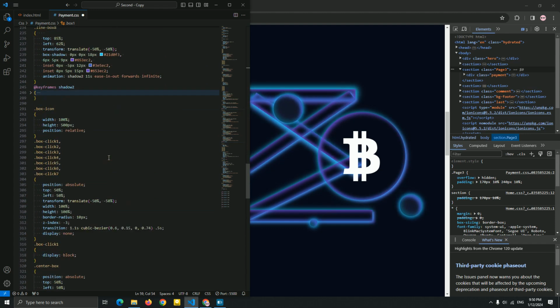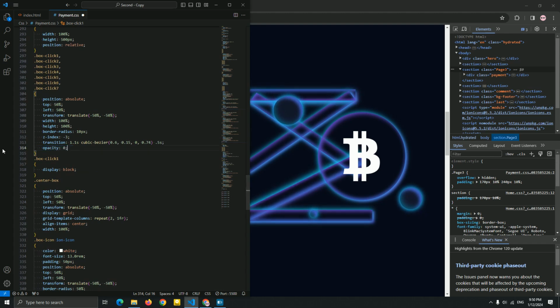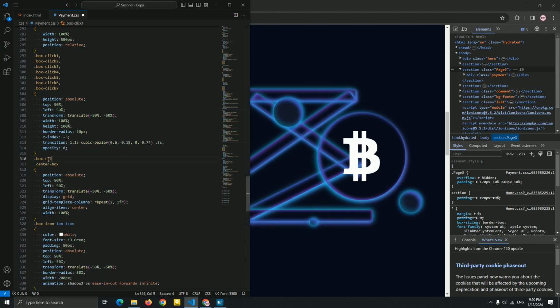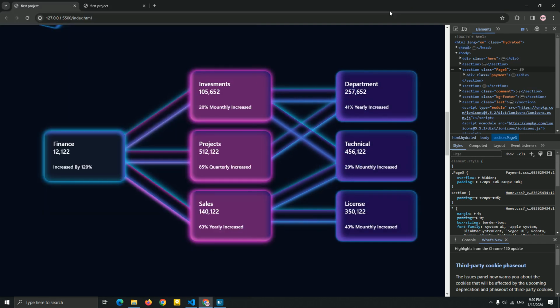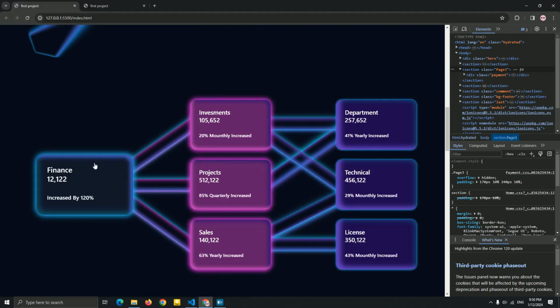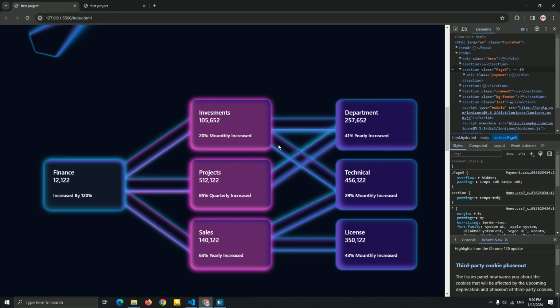Okay, let me add it here. For example, delete this, we don't need this. Okay, and as you can see, in the JavaScript, I add a function to tell the CSS when a user clicks on this, the box icon that I created here shows up right here, guys. This is why I add opacity 0 for now.